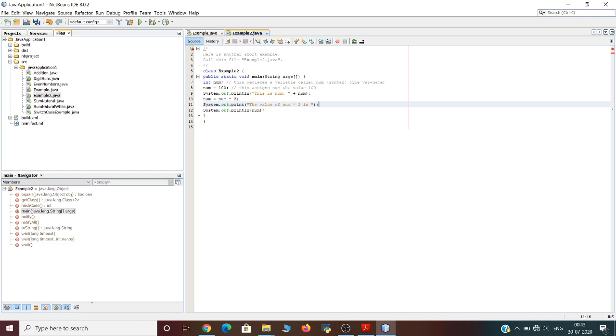Okay, let us now discuss another example of a Java program. In the previous example program, we have not used any variable. So let us now discuss another program where we have used variables. Perhaps no other concept is more fundamental to a programming language than that of a variable.